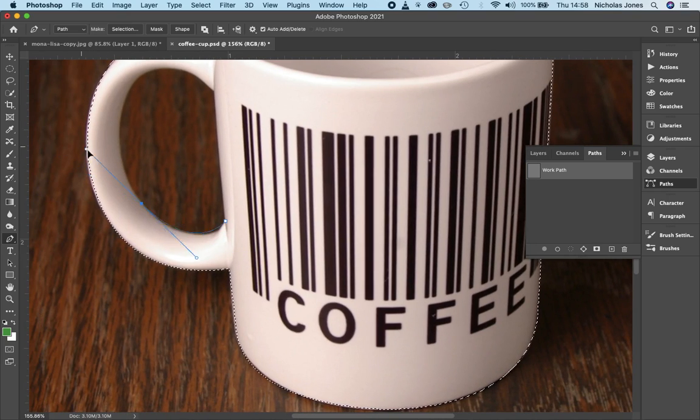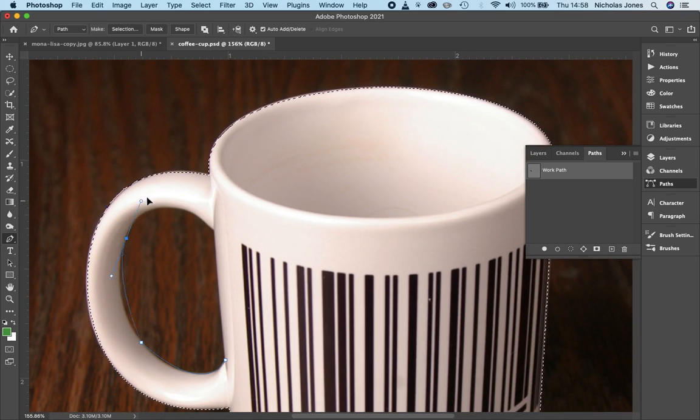Now I have a closed path, and my paths should be in the same little section as layers, but it's showing a work path, and I want to make this a selection, which I will. It's going to be a new selection. Okay, and I also want to make one here,